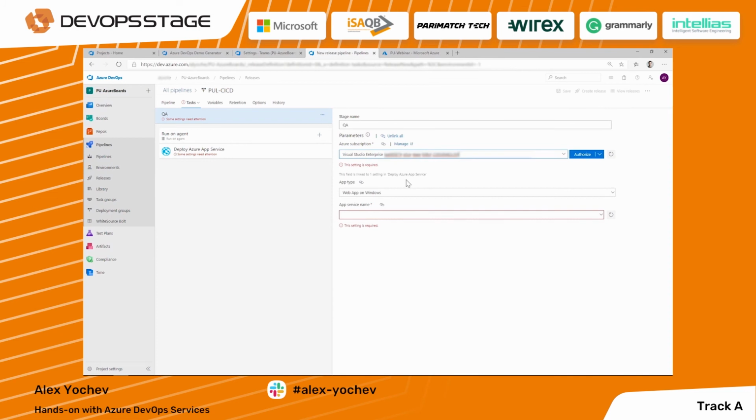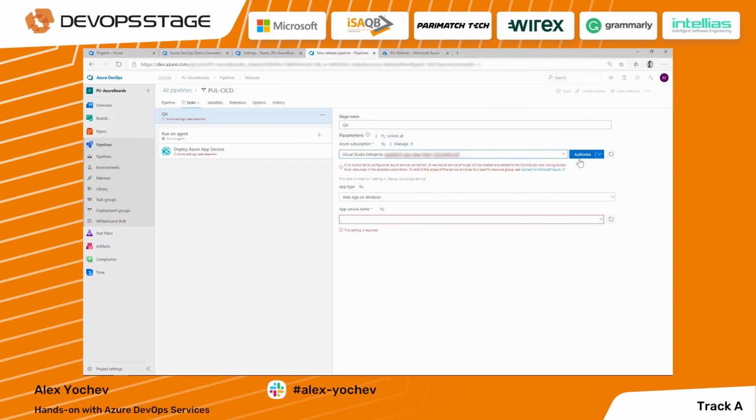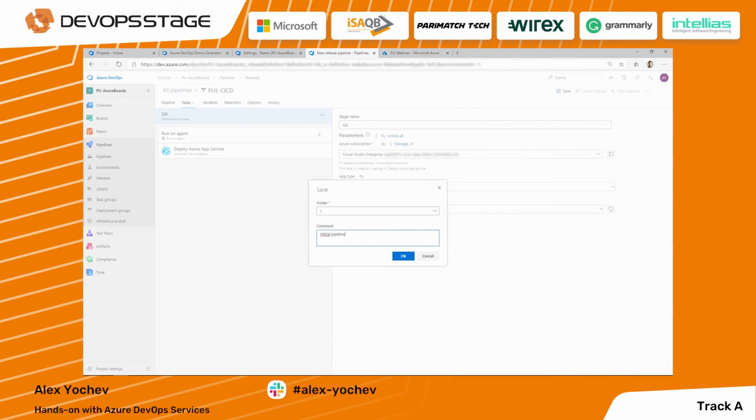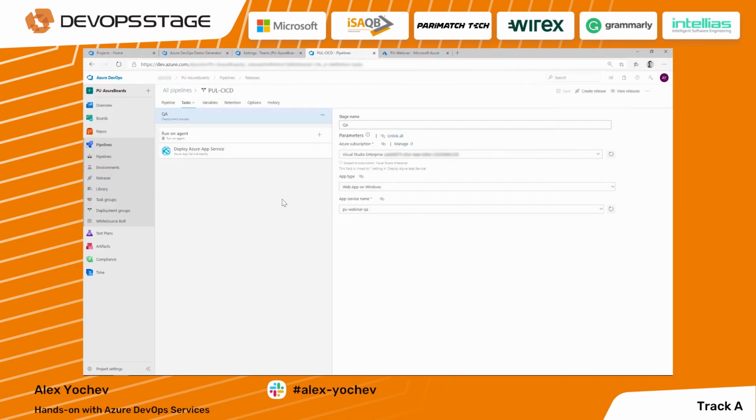Now, when you're adding a subscription into the release pipeline, you need to authorize the subscription. By doing this, you prove that you have the rights to actually deploy in this subscription. Now, in my particular case, I just click on authorize, and since all my credentials are okay, this should be pretty straightforward. By successfully completing this process, the pipeline is now authorized to make a deployment in my subscription. By completing all those actions, I've enabled this particular stage of the release pipeline to make the necessary actions and